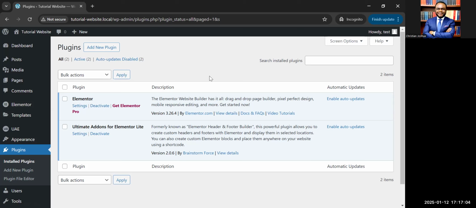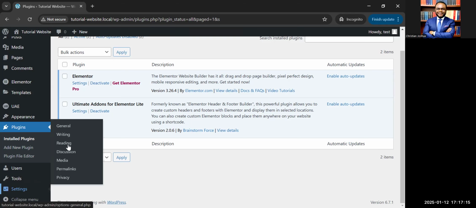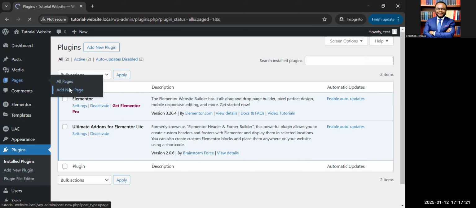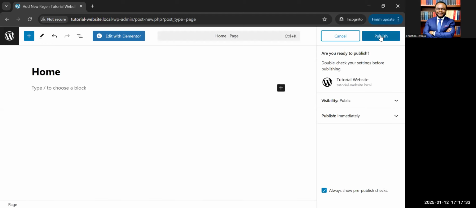All right. So now I said I was going to show you a particular setting, which is very, very important. So now you come to your settings. Okay, so let's create some pages first. Let's go ahead and create some pages. Totally forgot there's another plugin we're supposed to install. So click on home, and then you publish,